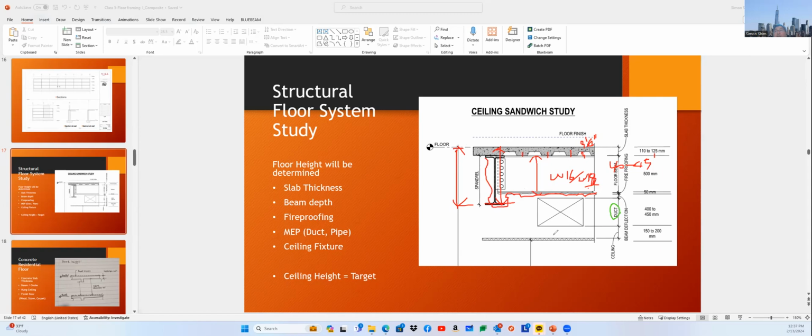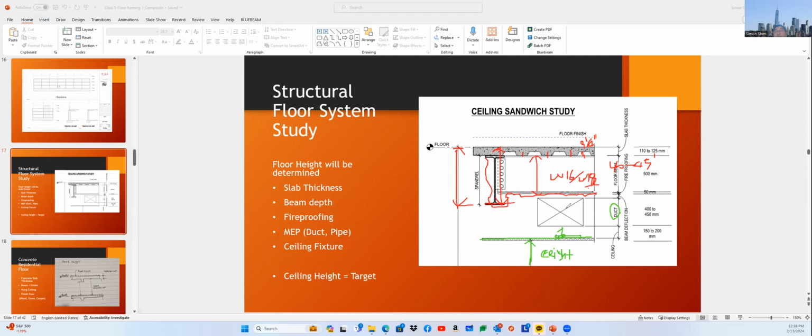And then architecturally, if you are prepared to cover it up, obviously for class A office, they have a ceiling and a light fixture should be placed, they need some space. And then the owner has their ceiling height requirements,